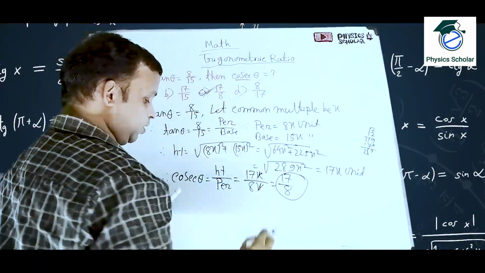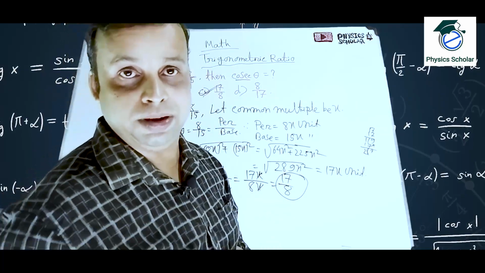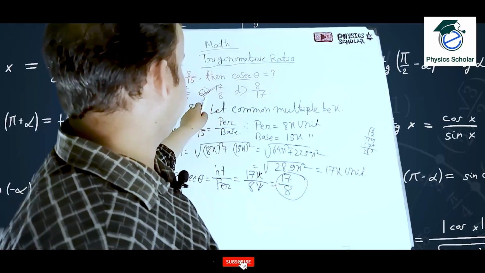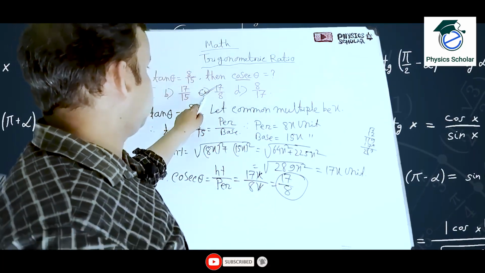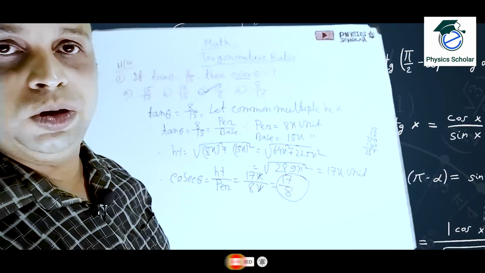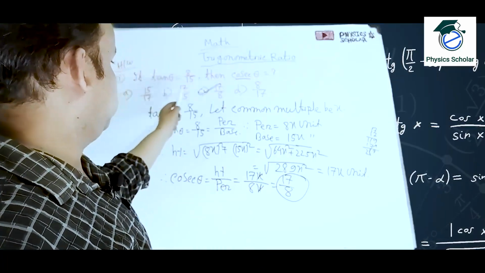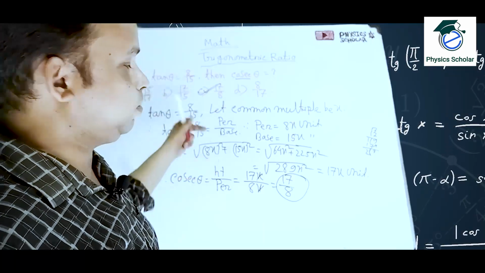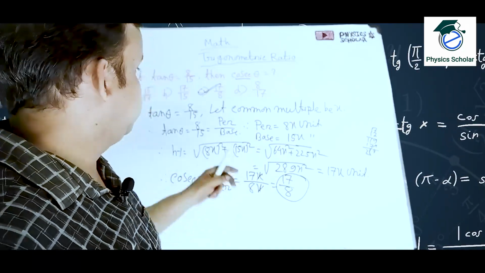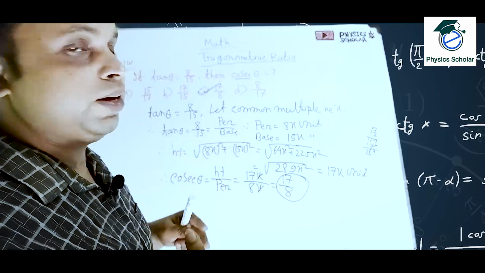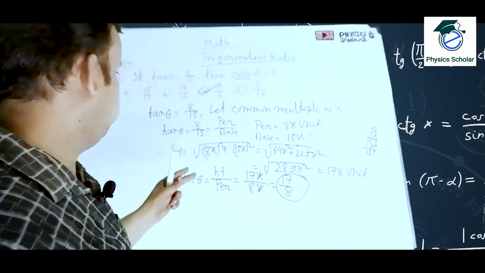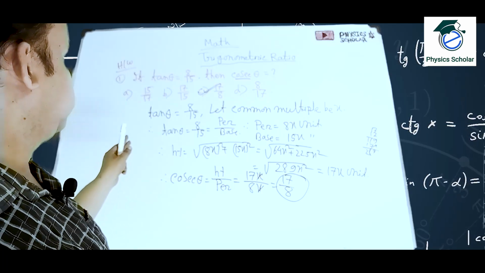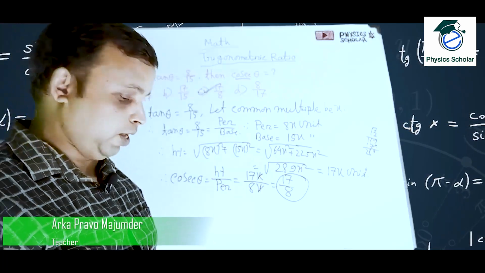When multiple options are given, that means the answer is already given. Any one of them should be correct. So for this sum, option number C will be correct. Hope it's a very easy sum. For short questions, this type of sum may come in the examination. You can copy this, or if you have already done it, just check whether it was right or wrong. Clear? Now let us move to the next sum.